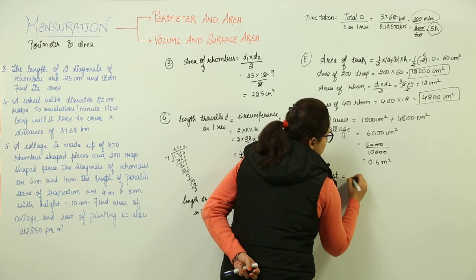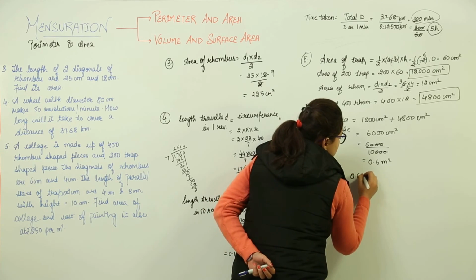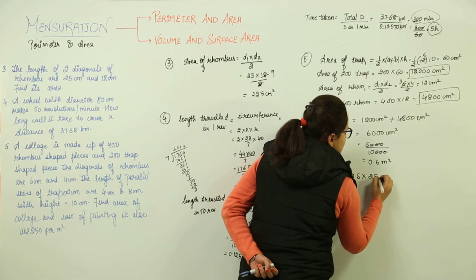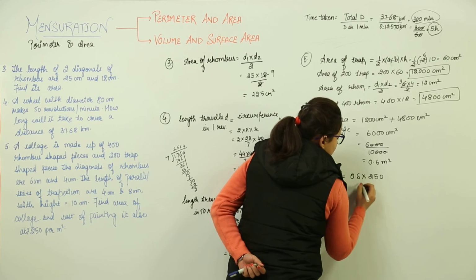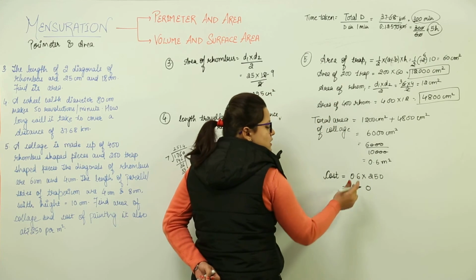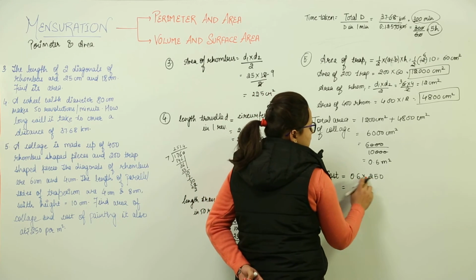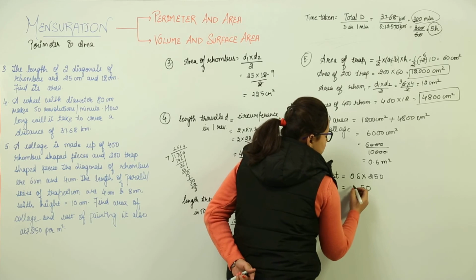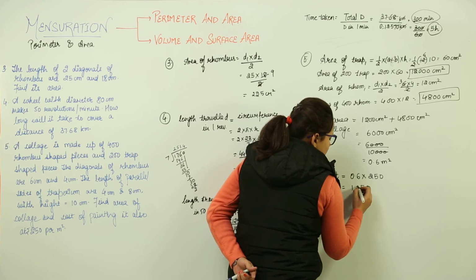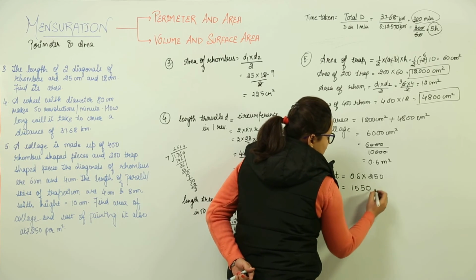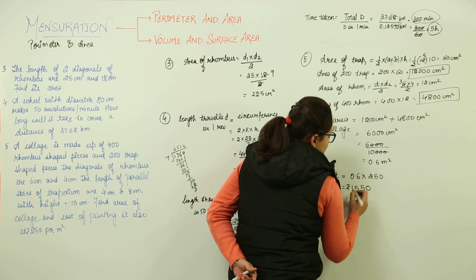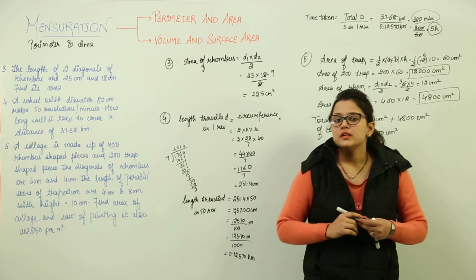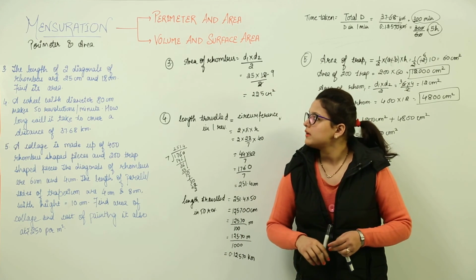Now let us find the cost that was required. The cost would be equal to 0.6 into how much? It is 250. So we multiply this with 250. Now again you write the 0 as it is. Forget the decimal place and multiply. 6 5s is 35, 3 carry. 6 2s are 12 and 3 is 15. So you get 1. And here the cost becomes 155. Right? So this is how we calculate the areas and perimeters.